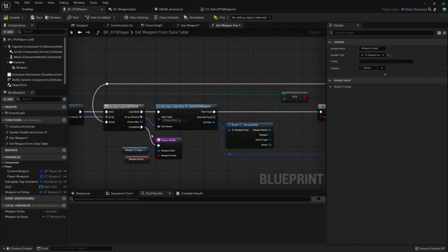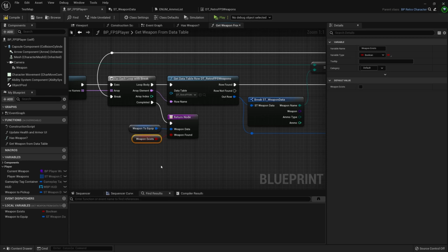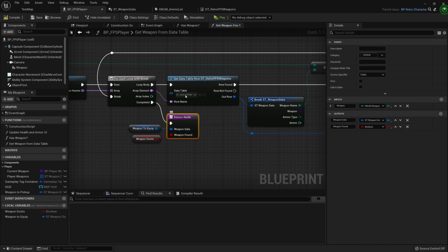Then it immediately cancels the for each loop, and then we return the weapon we're going to equip and the weapon that exists. And if there is no weapon, it never finds it, it's going to pass nothing for the weapon data, but for the weapon exists, it's going to pass false.